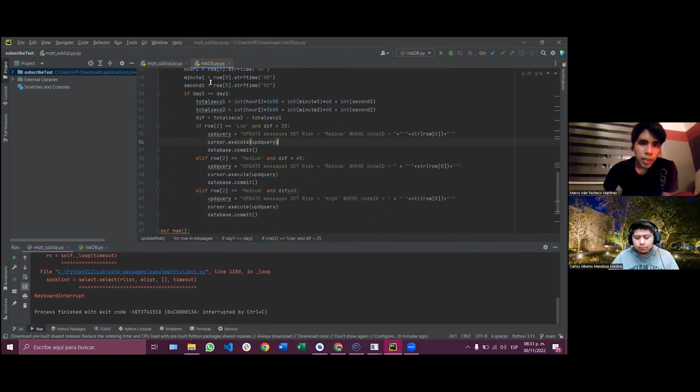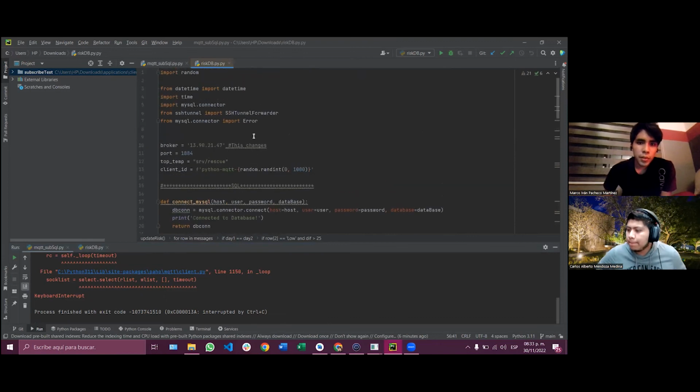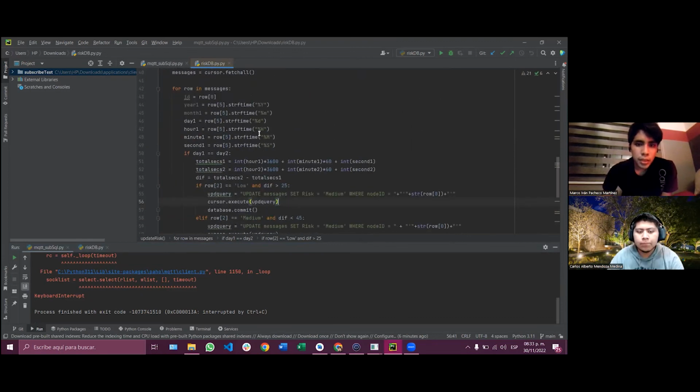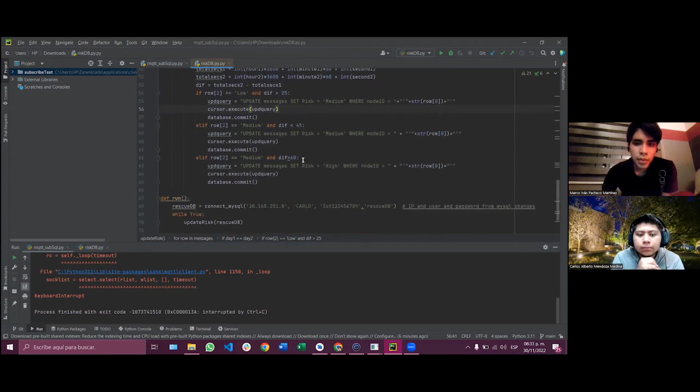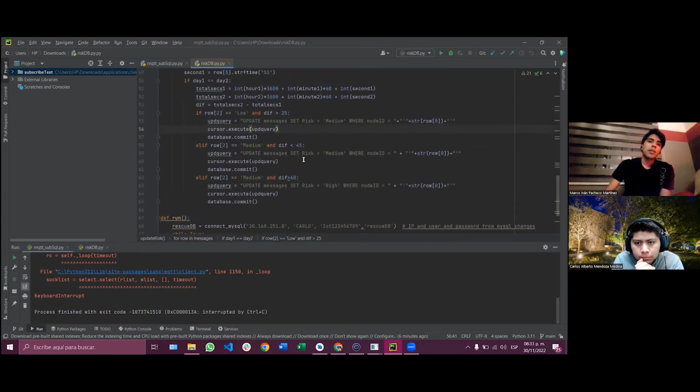And here we have the risk script, which is going to update every time the risk that was for one message, like for example low,